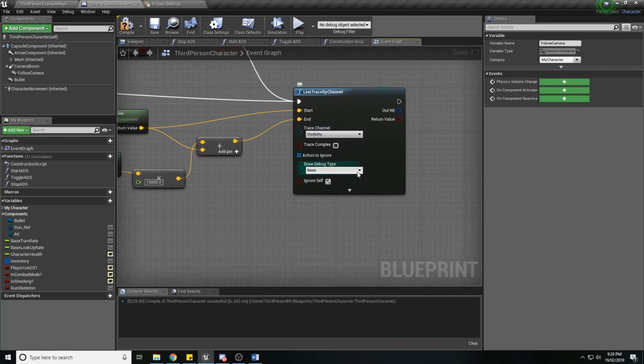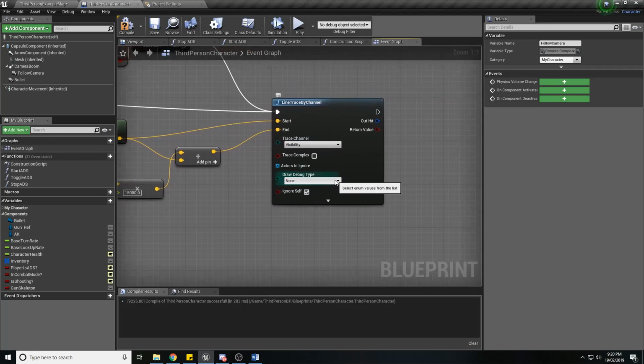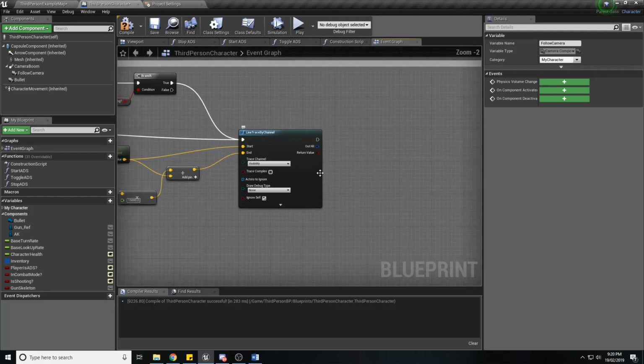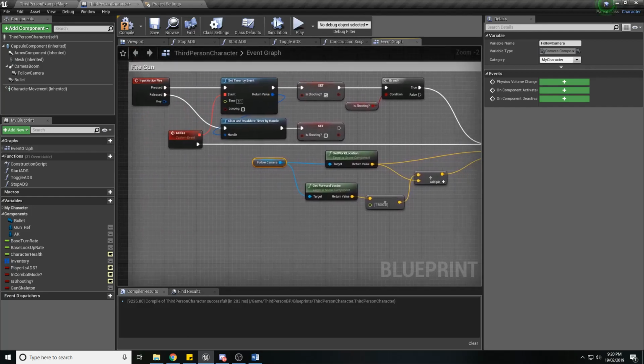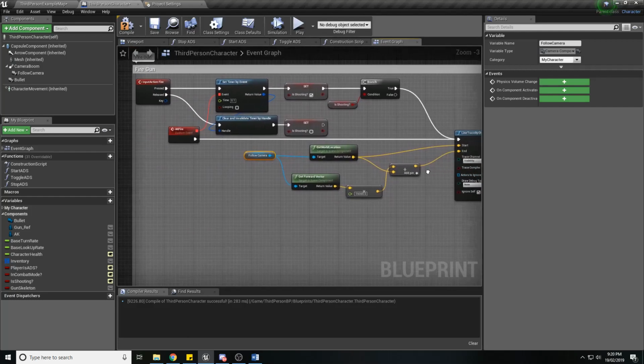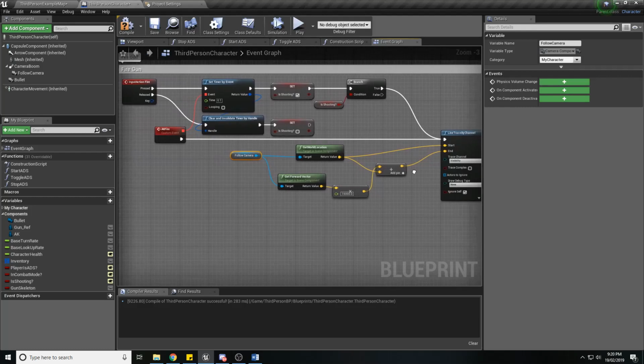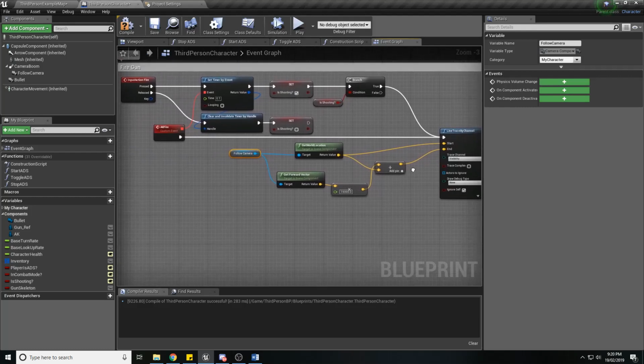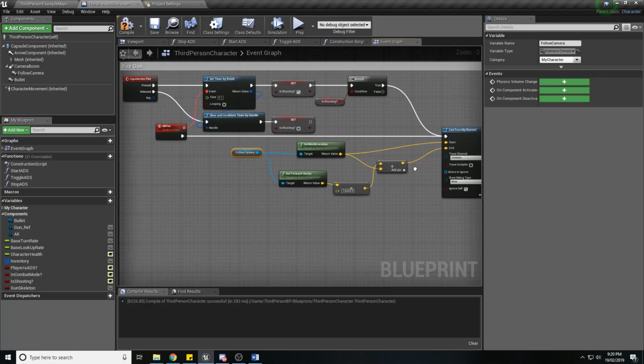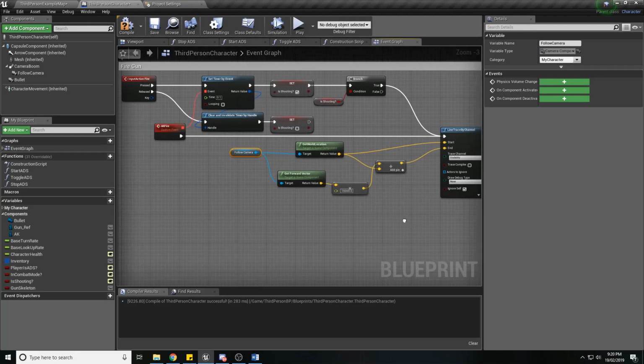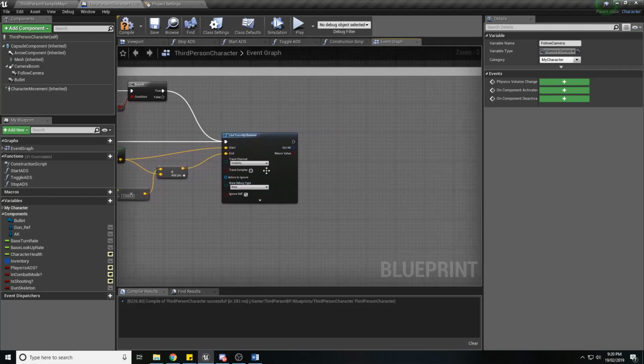For the draw debug type, I'd set that to none for now. If you follow this tutorial correctly, then it should work anyway, because I don't need to test this, it works. And obviously if there are any questions, I will be more than happy to answer or help anyone out who needs it. So with the line trace by channel, we're going to move